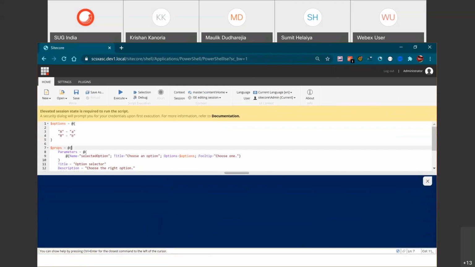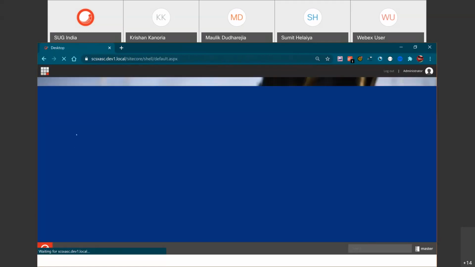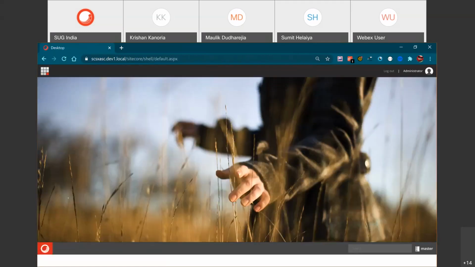So ISE stands for Integrated Scripting Environment. Like the basic PowerShell we have, which is Windows PowerShell, Microsoft PowerShell, it has two things. One is the PowerShell CLI, the command line interface, and the other one is this ISE. I actually find ISE more intuitive and more friendly to use. Also, it has multi-threading and other things, which you can always check if you want to go deep into that.